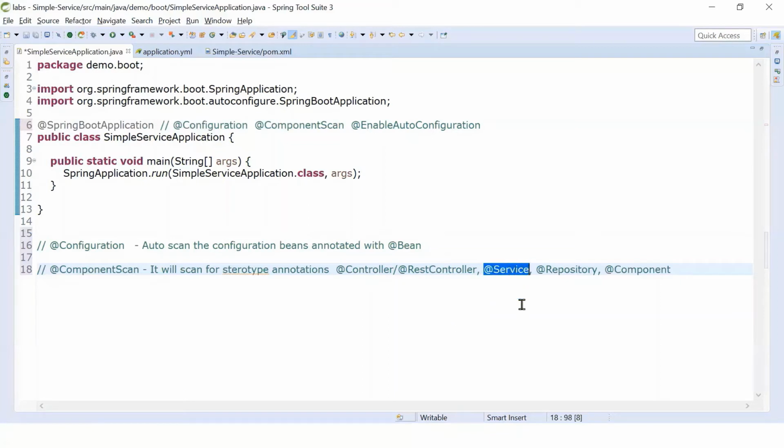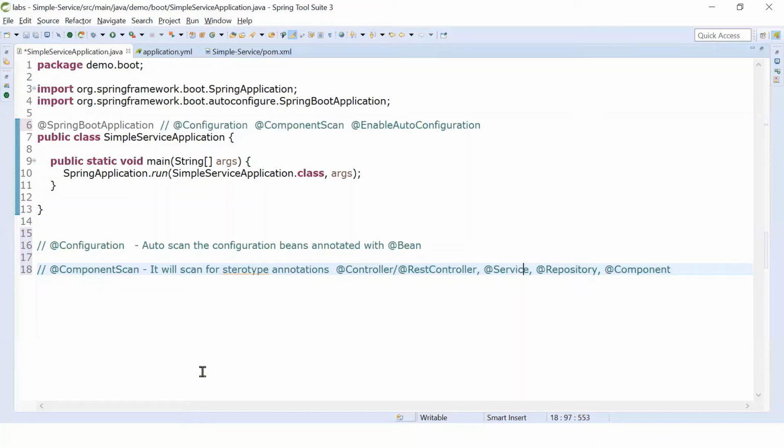Similarly, @Service is used for the business type. @Repository is used for the DAO type, right? So we have fine-grained annotations like this, so that Spring will understand that any bean annotated with @Repository is like a DAO. Whenever Spring wants to provide some functionality to the DAO layer, it can provide it in @Repository. That is why we have fine-grained annotations like this. But for anything else we define, we can go for @Component, which is a generic component.